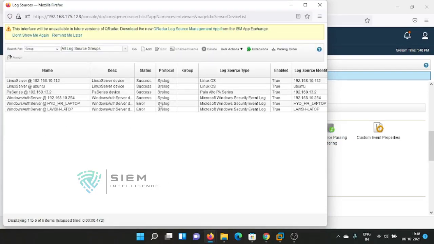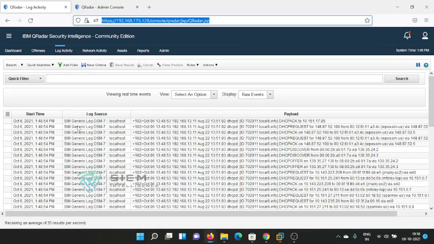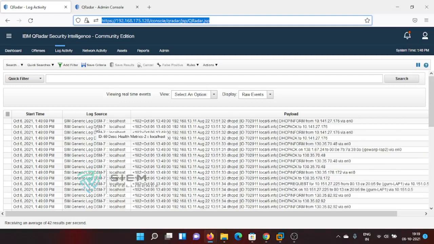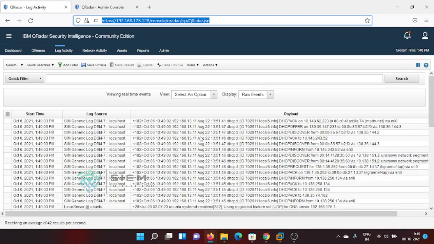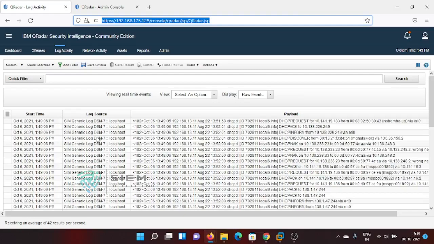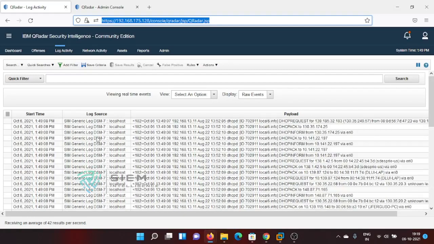These are the log sources which are connected to my QRadar. But if it is showing generic log sources, that means it is not yet added to your QRadar, but logs are being sent. That means it has not yet detected any DSM. What is DSM? Device Support Module.